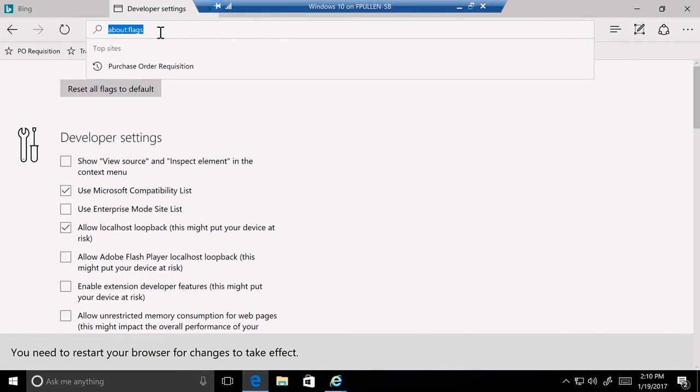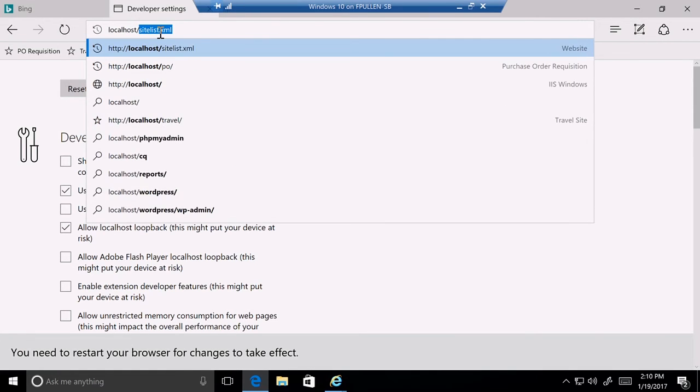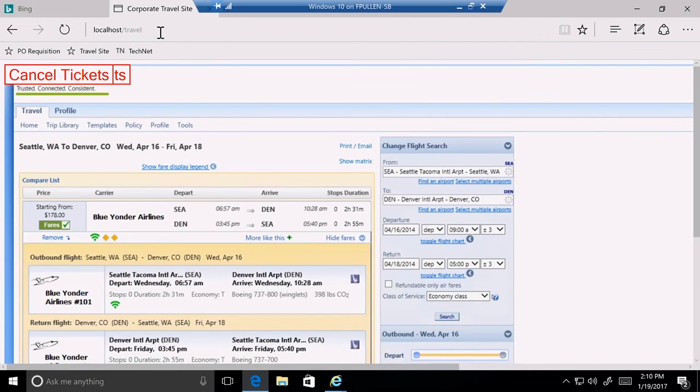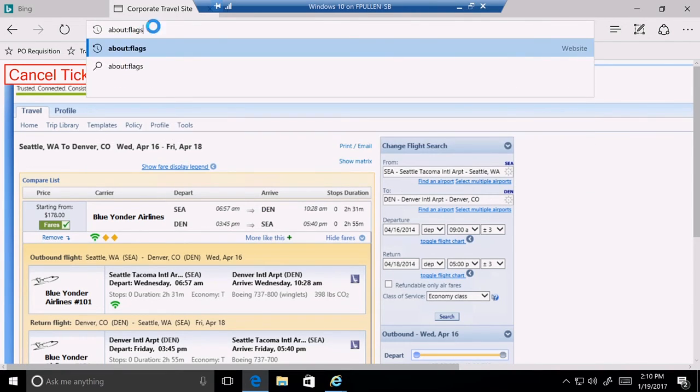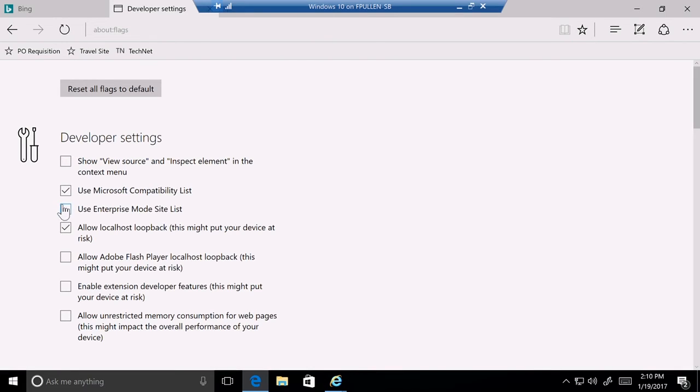And then I have the ability to go to localhost, let's say travel, and troubleshoot it here, and try to see if I can get it to work within Microsoft Edge. And yes, before you ask, there is a group policy for Microsoft Edge to disable about flags. So you can choose who has the ability to enable or disable these experimental functions.